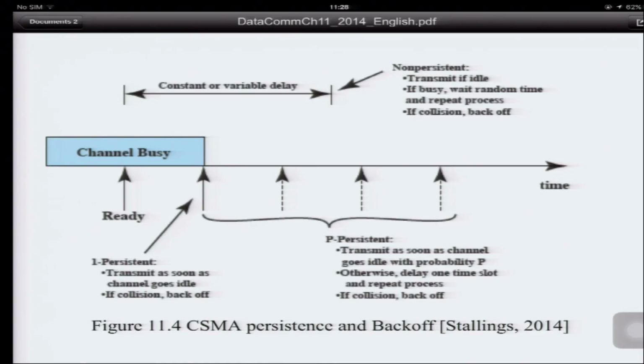There are actually three techniques to come back and transmit. The first one is called one persistent. There's one persistent, non-persistent, and P-persistent. For the one persistent,